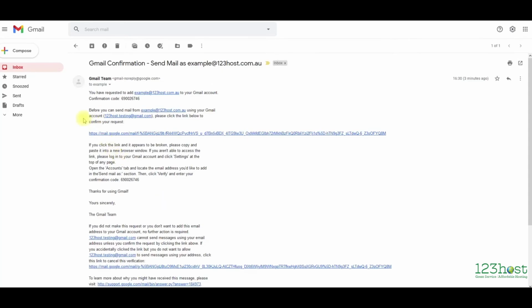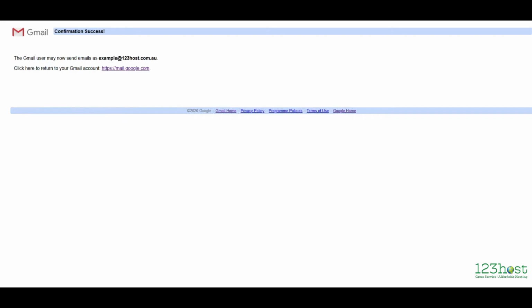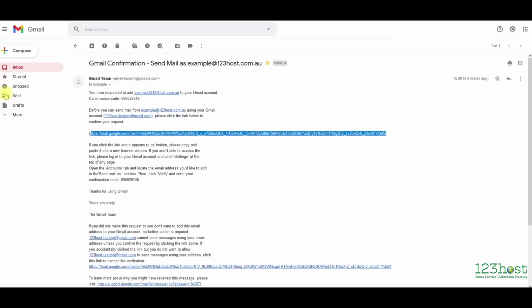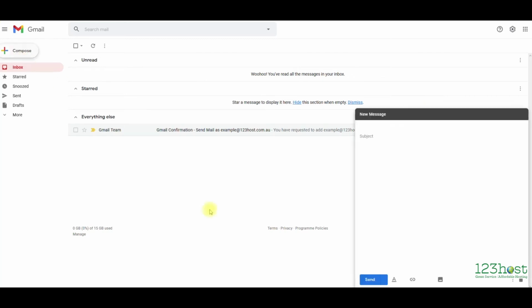If we go in there, the most important bit here is this long link. Let's get the long link, just the long link. So basically this is the link we click to confirm that you're going to send mail as example 123host.com.au. So we click that. Beautiful, done. So now go back to Gmail and to our inbox. Now if I go to compose an email,